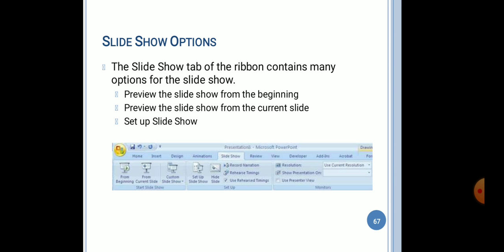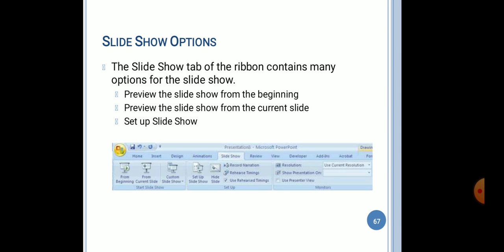Then dear students, we can learn what the slideshow option in MS PowerPoint is. If you want to see the slideshow tab on the ribbon and use this option, first of all you can preview the slide from the beginning.